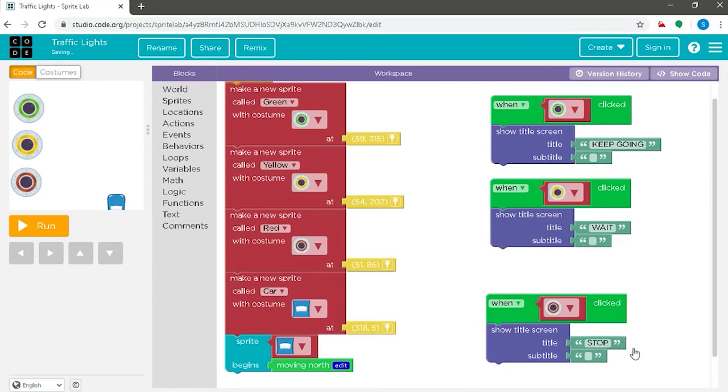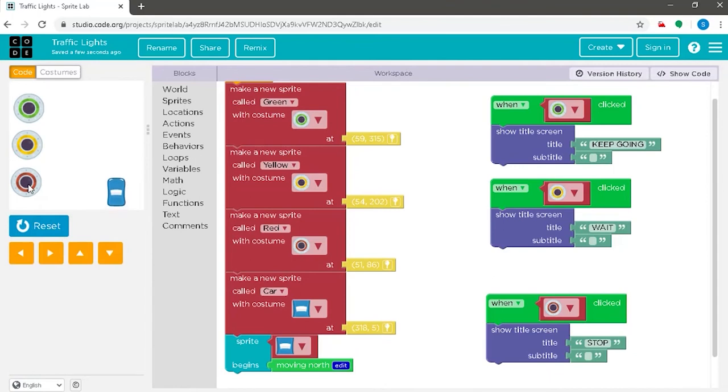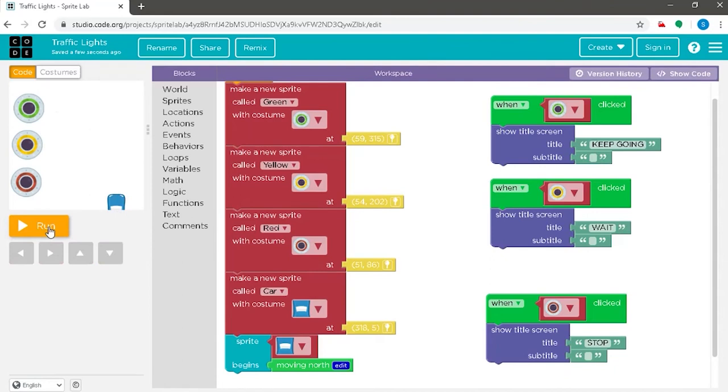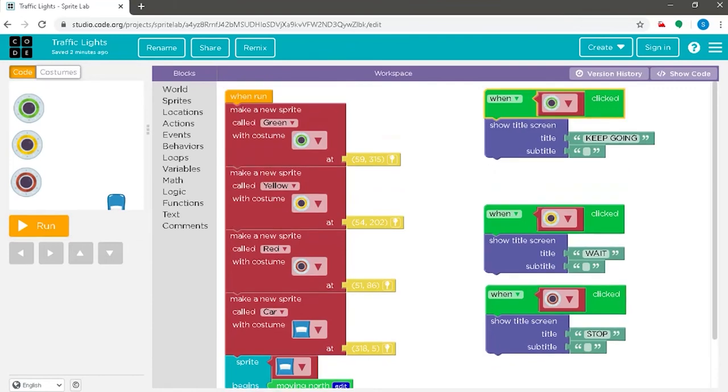This means when the red light is clicked in our project, the word stop is broadcasted in the visualizing section. We can check this by running the code and clicking red gives stop. Now all the traits of the lights green, yellow and red according to the traffic signals and rules is given. With this, our second objective of giving character traits or functions for each of the traffic lights is satisfied.